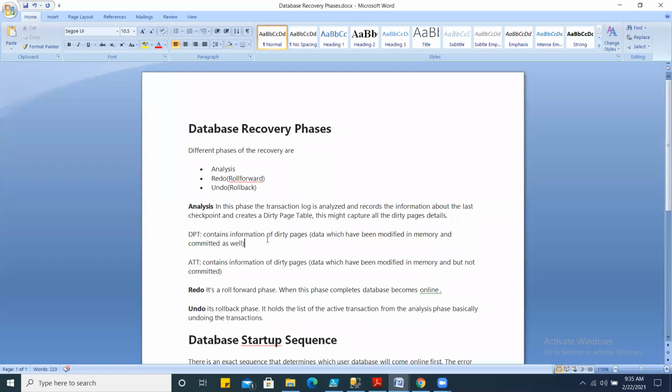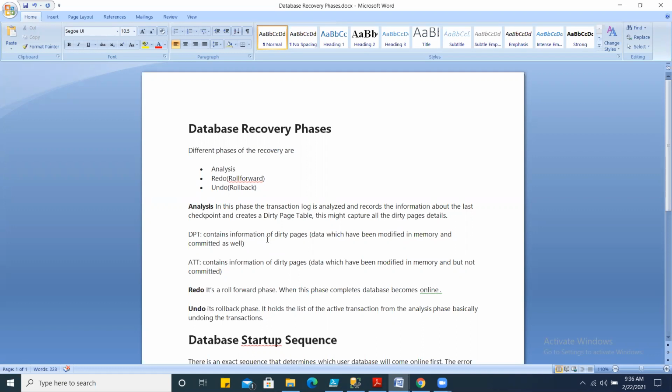That's why you see the state of your database sometimes as in recovery or recovering. While SQL Server is recovering databases, every database goes through these 3 phases: analysis, redo, and undo.